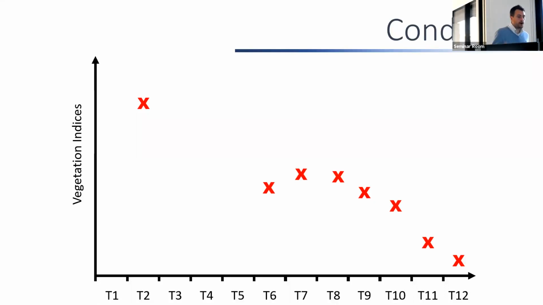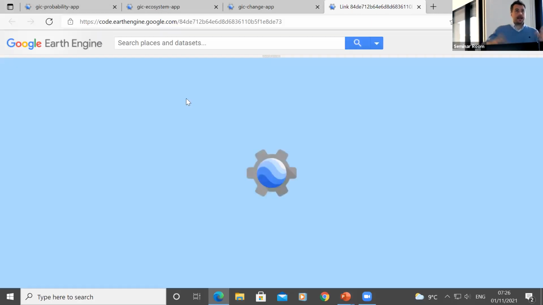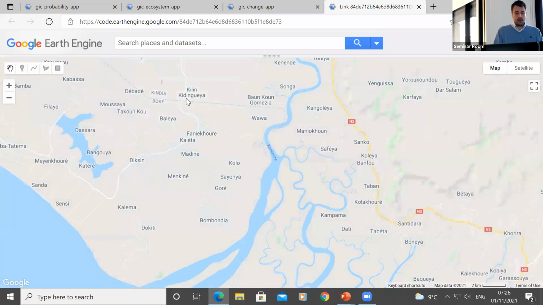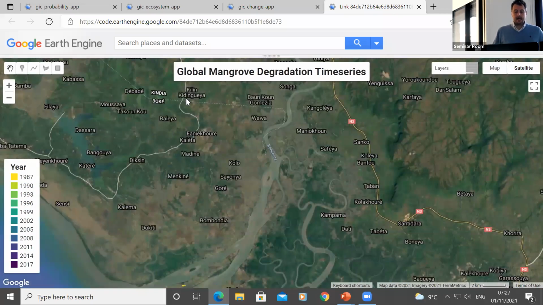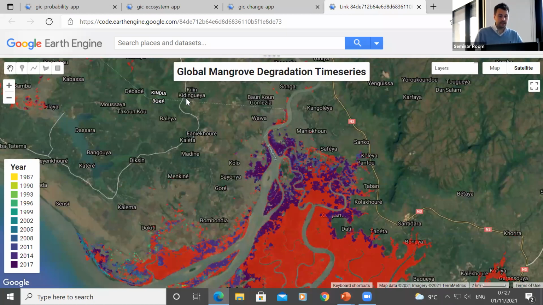And so I'm going to show you, this isn't published yet, I'm just in the process of finishing this off, some of the initial maps that we have created. So hopefully this loads in, again, in Google Earth Engine. So this is in central West Africa, in Guinea-Bissau, not too far from Conakry. The red areas are mangroves, so that's the current area of mangrove extent. And as you'll see, as the new layers get drawn in, we're getting an analysis that's showing more and more degradation over time. So you can see the time series coming in.